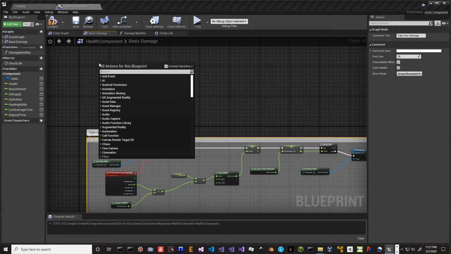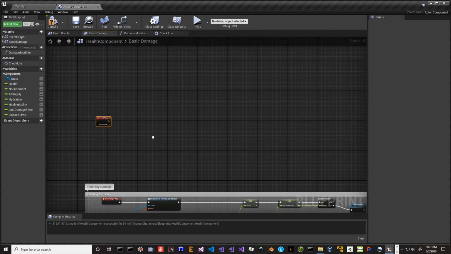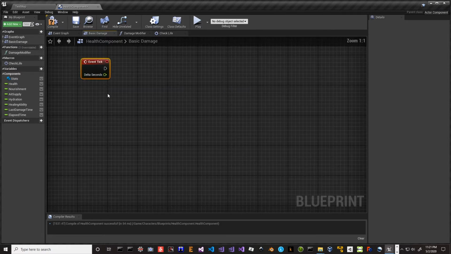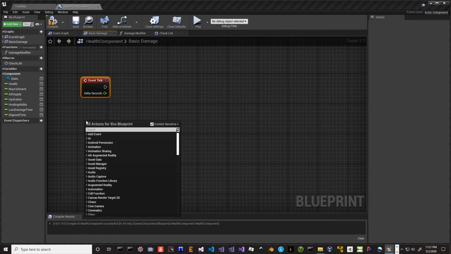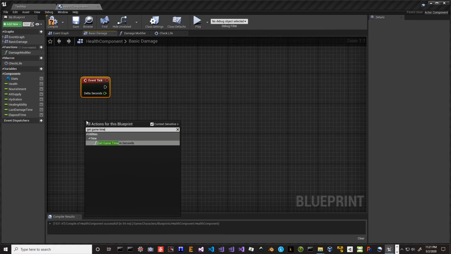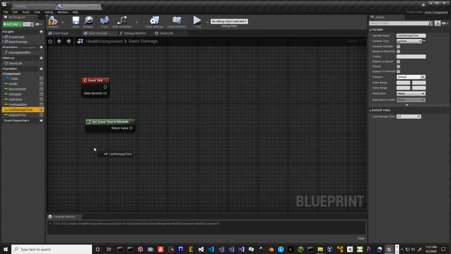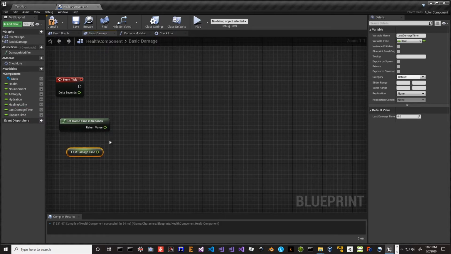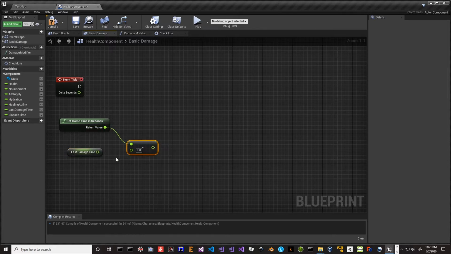So what we're going to use for this is the tick. We're going to have the event tick, and the very first calculation that we want to do, let me zoom in so we can see, is we want to get the game time in seconds, and we want to get this last damage time, and we want to subtract those. So why do we want to subtract them? Well, what we want to do is find out how much time has gone by since our last damage time,